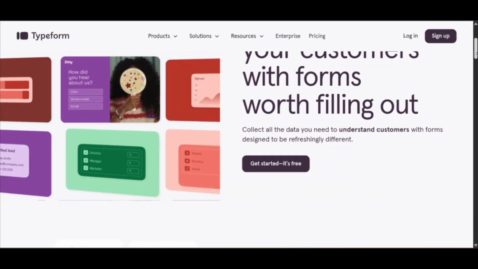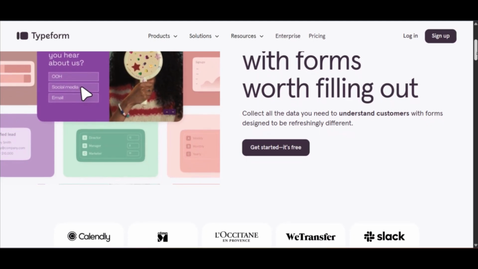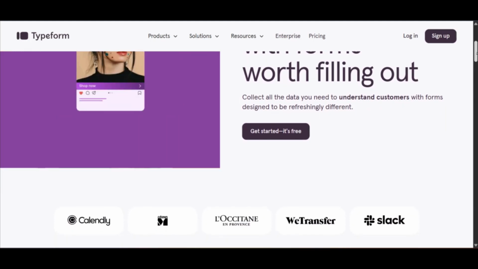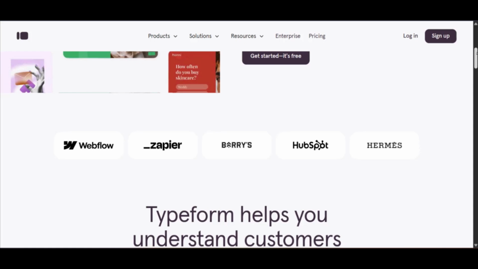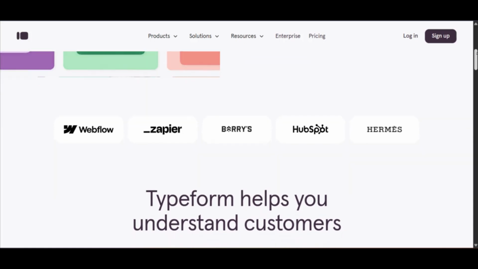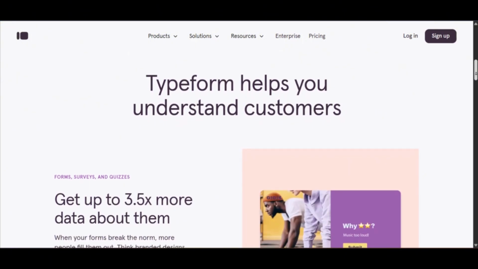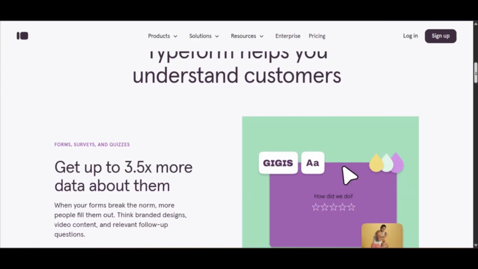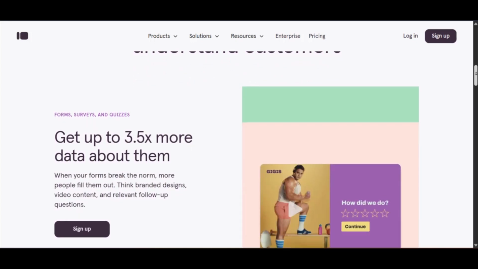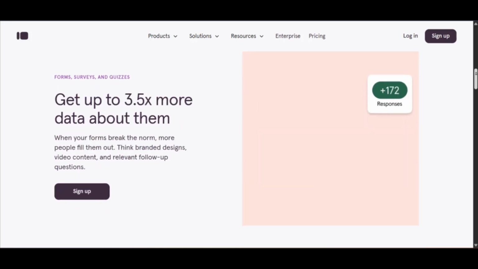Typeform is a versatile online platform designed to make data collection more engaging and conversational. So instead of traditional static forms, Typeform allows users to create dynamic and visually appealing forms, surveys, and quizzes. At the end of this tutorial, we'll be helping you first-timers to get used to Typeform,